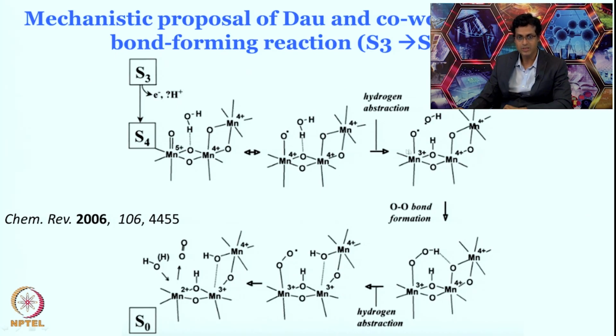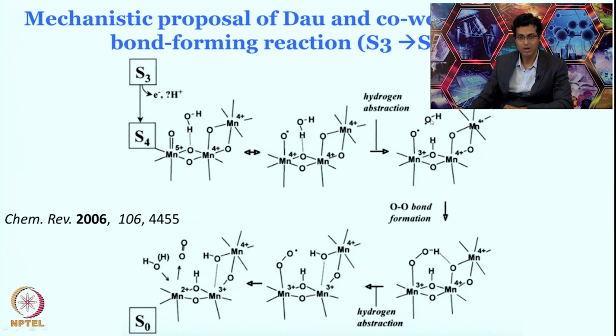Now, this bridged mu oxo species will subsequently give the hydroxo radical, upon removing one H dot. So this hydroxo radical and manganese oxo radical will then combine with each other to form the oxygen bond. As you can see, this is a manganese 5 oxo, which is nothing but manganese 4 O dot. But this H dot transfer will reduce the manganese 4 center to manganese 3 and then hydroxo intermediate. This electron transfer from H dot from this OH bond to the manganese center will make it manganese 3 plus O